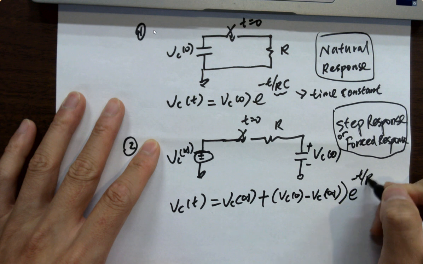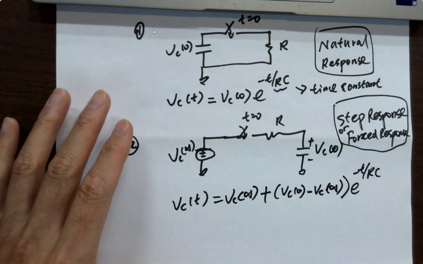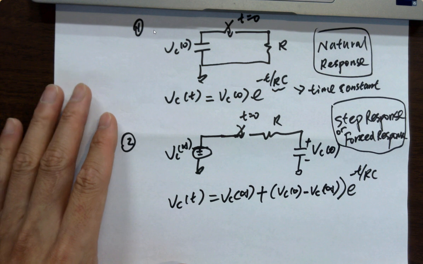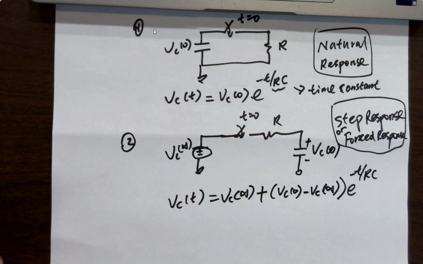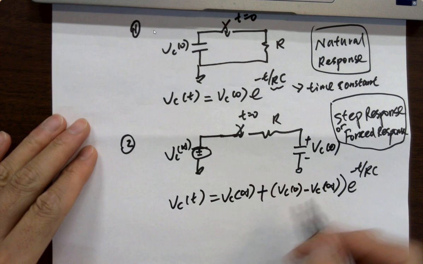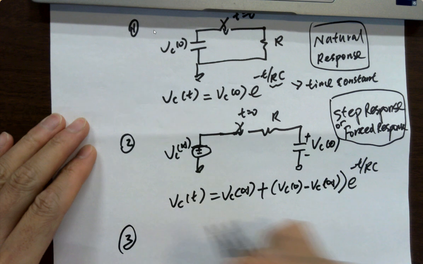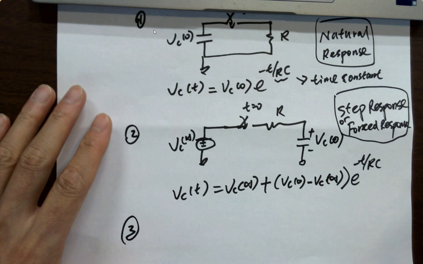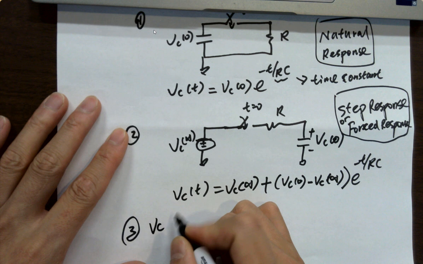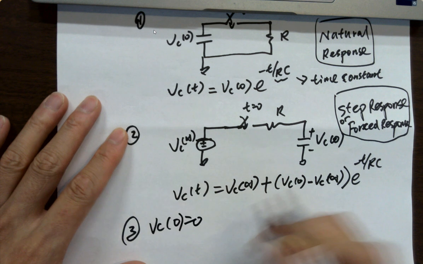And then the attenuation factor here, right? From this case, there's a third case, which is just given that VC0 is 0, so there's no initial voltage